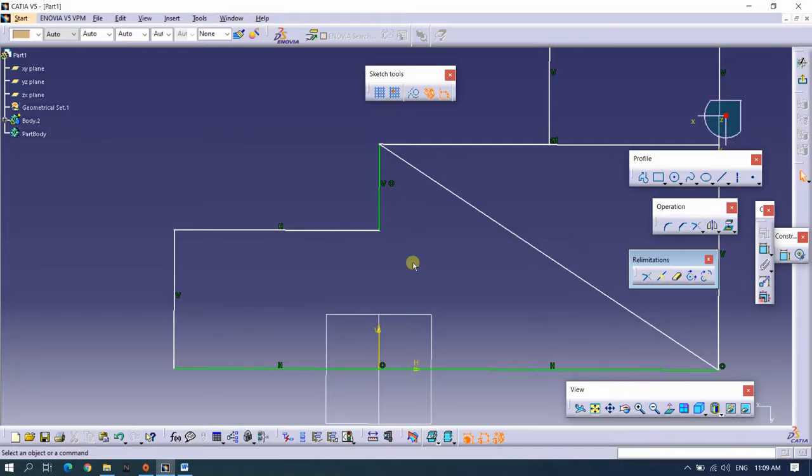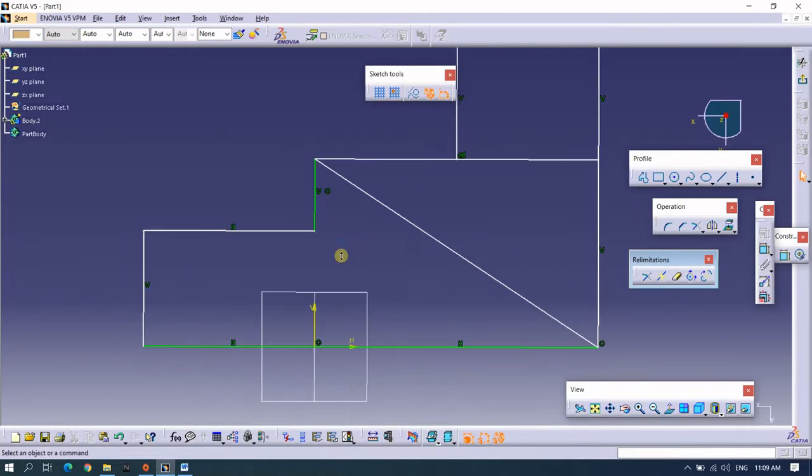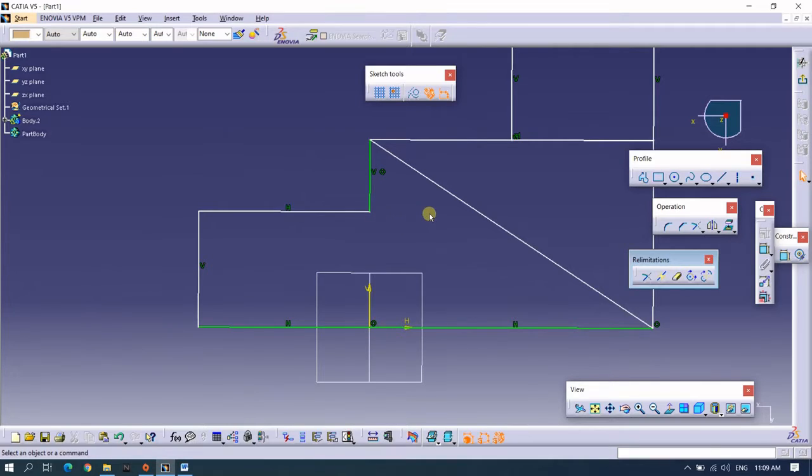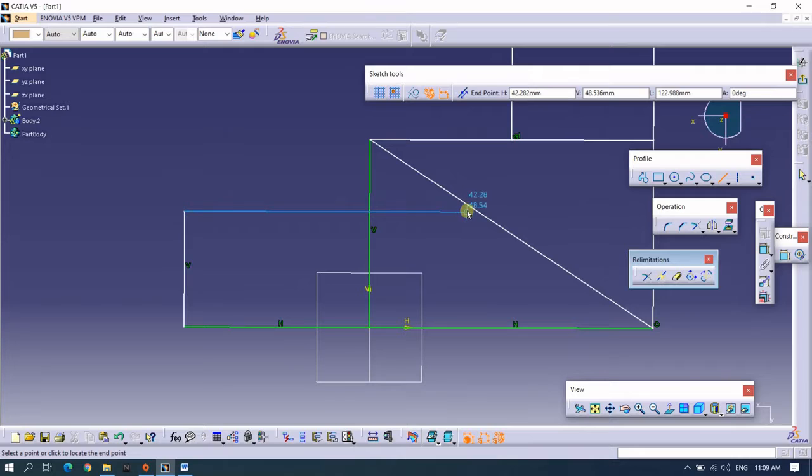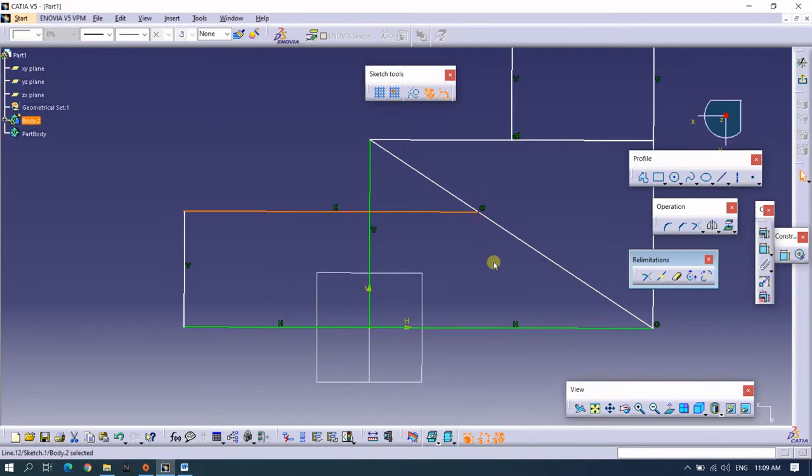See, the second line has got trimmed, and as you can see my first line was not any further than the second line, so my first line remained as it is. Now I will do some changes here. I will delete this line and I will add another line here up to this diagonal line. Yes, now you will see the difference. I'm selecting again the first, trim all elements, and I'm selecting this line as my first line and now this line as my second.